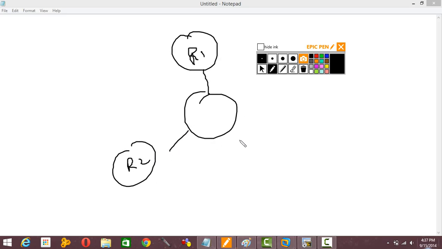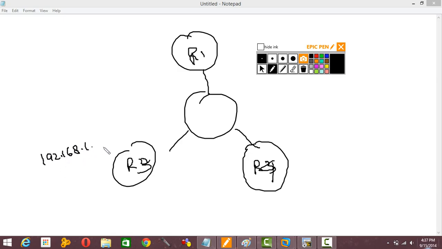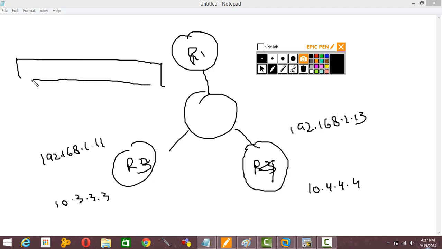So again, R1 quickly, R2, R3, R4. 192.168.1.11, 13, 10.3.3.3, 10.4.4.4, and the packet looks like this, going to ESP, this one,